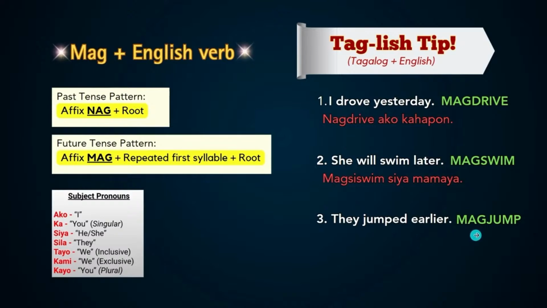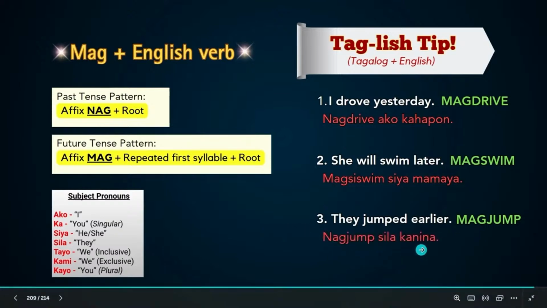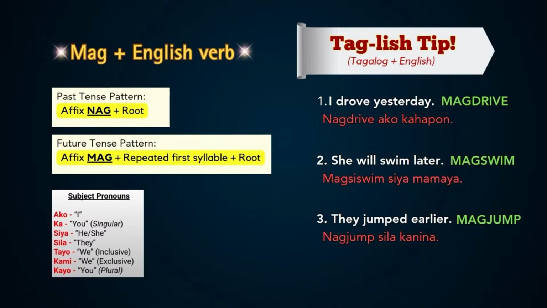Lastly, they jumped earlier. If I told you to use mag jump, it would be nagjump sila kanina. The affix is nag, then the root, for a past tense conjugation of mag verbs. So nagjump sila kanina. So that is just a quick way to use Taglish, but I do encourage you to